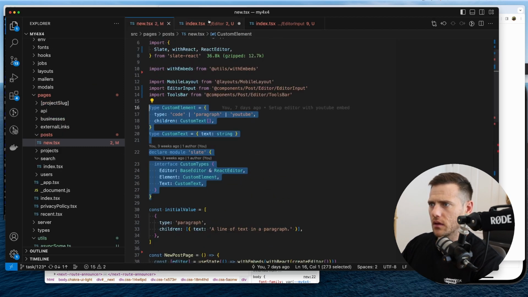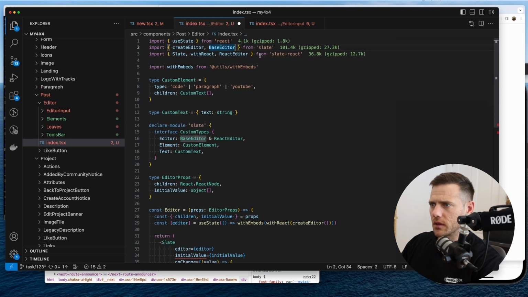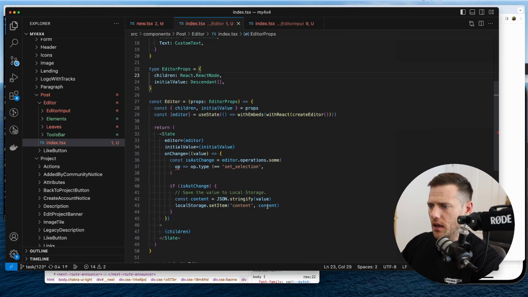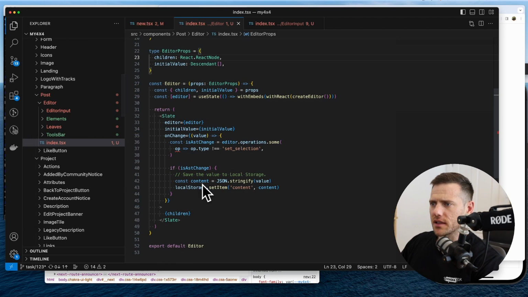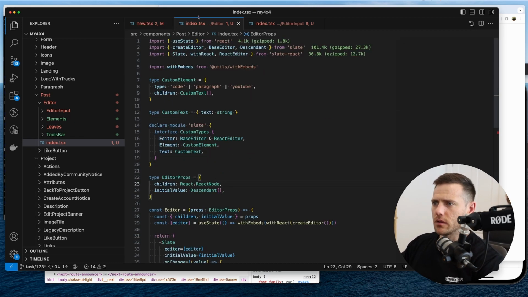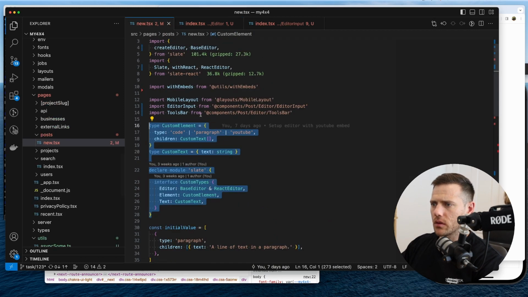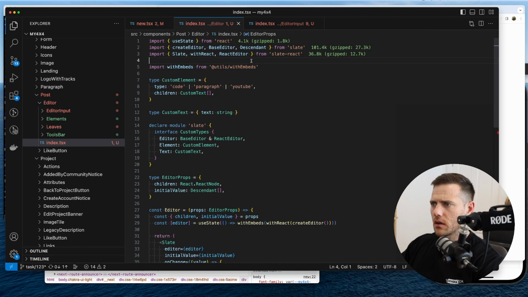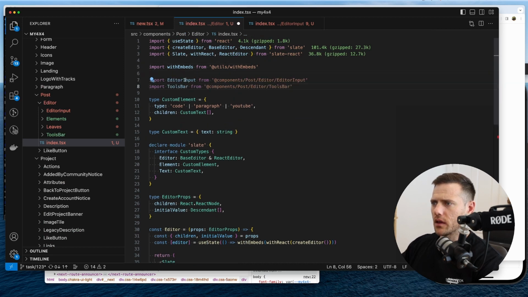Okay. Where does descendant live? Descendant. Yep. So it's in the descendant array. There we go. So we fix up that. All right. So now we've got the Slate editor. So this is our editor. Now what we're going to do is we are going to import these two things. So we're going to import the input